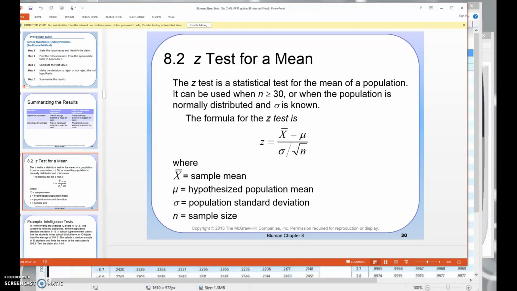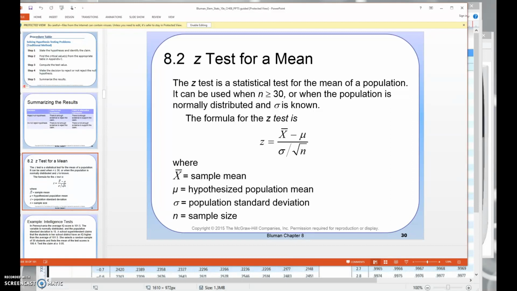Section 8.2, Z-test for a mean. The Z-test is a statistical test for the mean of a population. It can be used when n is greater than or equal to 30, or when the population is normally distributed and sigma is known,